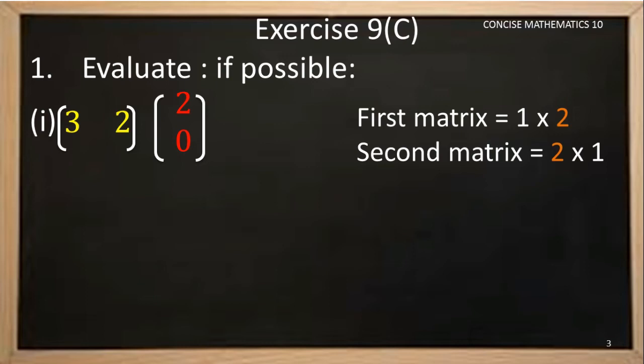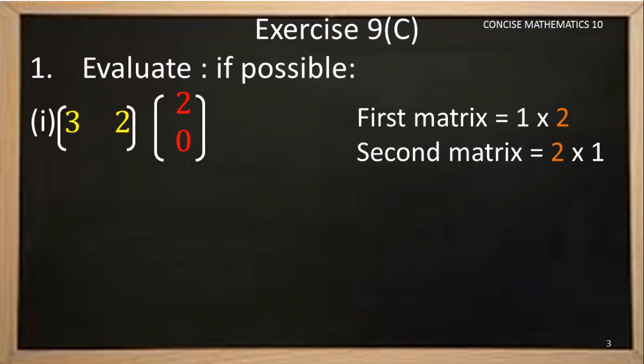Try to identify everything. I have differentiated each important term by different colors also. Now let us apply the rule. What was the rule? The number of columns in the first matrix. So what is the number of columns in the first matrix? Just observe the order there. It is 2. It should be equal to the number of rows in the second matrix. In the second matrix, just identify the rows. It is 2. Hence, for this problem, we can do the multiplication process.